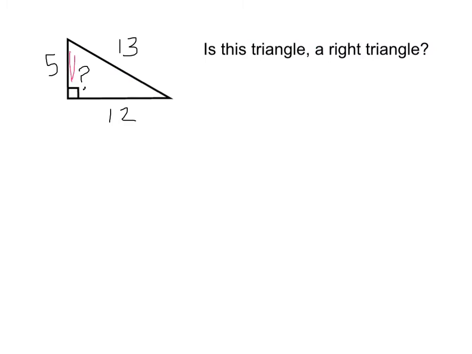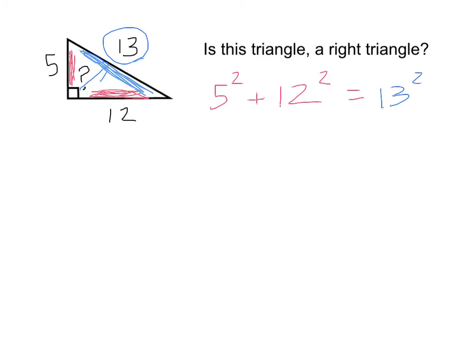Okay, we've got a, which is our first leg, and b, our second leg. So we've got 5 squared plus 12 squared to plug in, equals, and then we've got our hypotenuse across from our possible right angle. And if you weren't given which side is the right angle or which angle they're checking, you know always that the largest number, this 13, has to be our c. Okay, so you've got now 5 times 5, which is 25, plus 12 times 12, which is 144, equals 13 times 13, which is